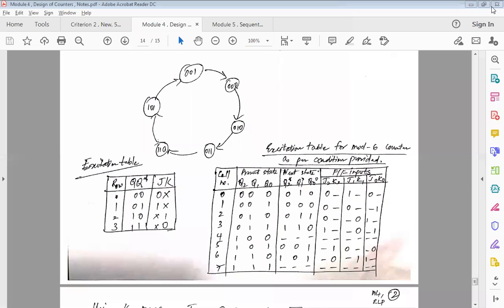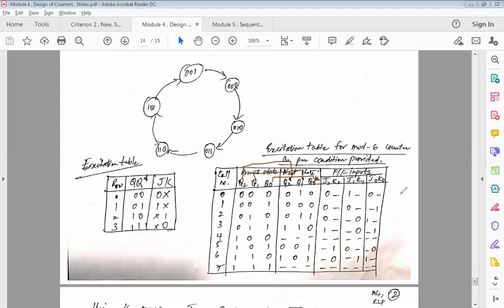Okay. So we will be entering these values here. After 0, it goes to 0, 1, 0 because we are seeing that here. So the same thing comes here in the form of tabulation. Once we have these values, again, I'm going to compare Q2. Q2 I should compare with what, in order to get J2, K2? Q2 star. Yes. So this column exactly should be compared with Q2 star. Q1 will be compared with Q1 star. Q0 will be compared with Q0 star.